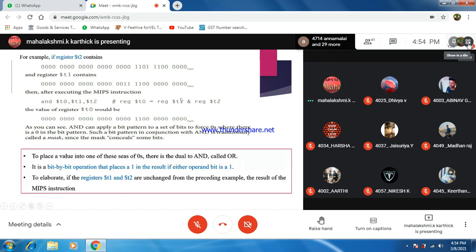OR. And instead of ampersand, what symbol will come here? For OR logical operation. AND ka ampersand. For OR. Please reply.